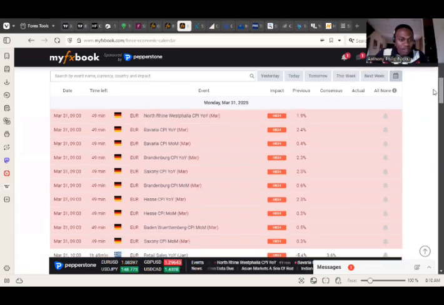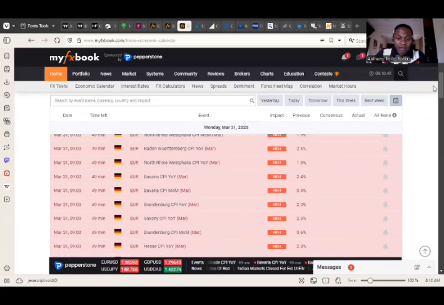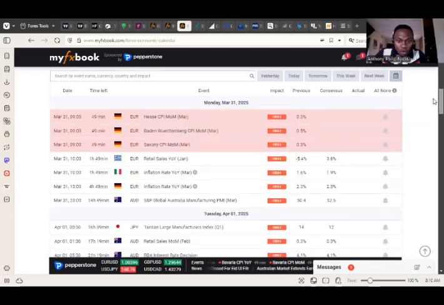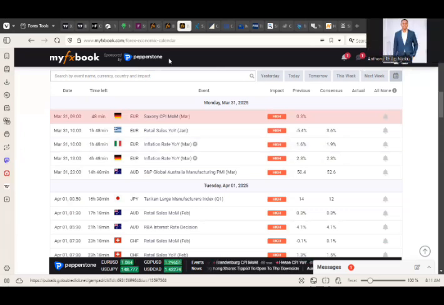Then we have a lot of CPI news. CPI, we have a figure higher than the previous figure. So that made the euro very strong. Then we have another retail sales. Retail sales has to do with the total sales of goods and services in a particular region. Over here now we have 3.6%. If you get a figure higher than 3.6%, it is good for euro. A lower than 3.6%, it is bad for euro. Inflation figure, the same thing. If you have a figure higher than 1.9%, it is good for euro. A lower than 1.9%, it is bad for euro. The same thing with the inflation rate year over year.